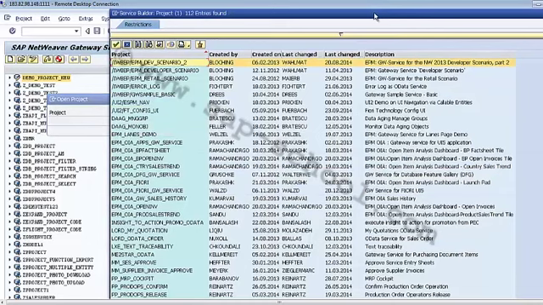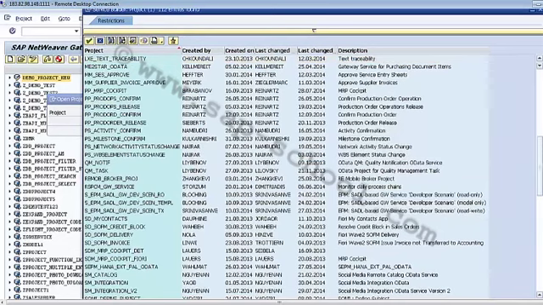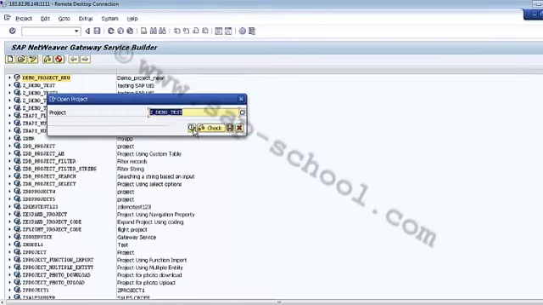Now I can see all the existing projects in my system. So I can select any of these. Let's say if I want to use this Z demo test, and then we have to click on execute.